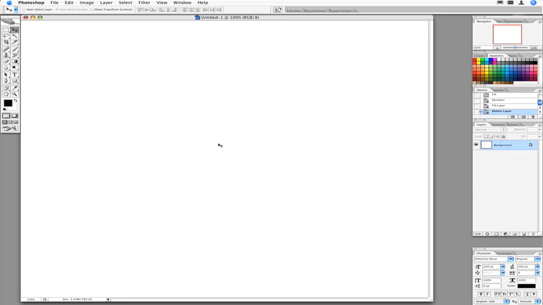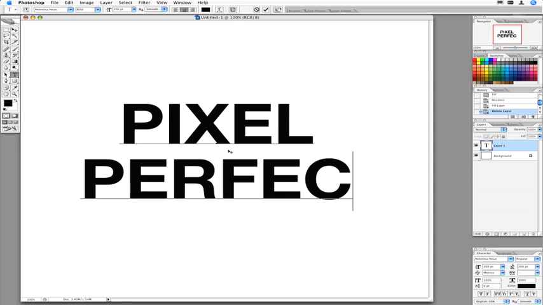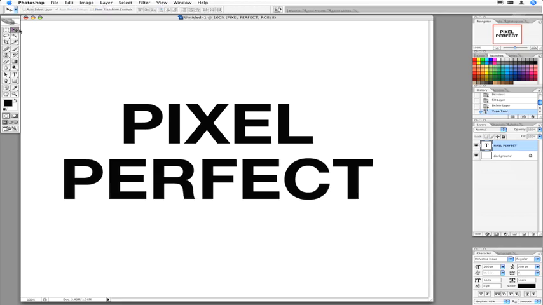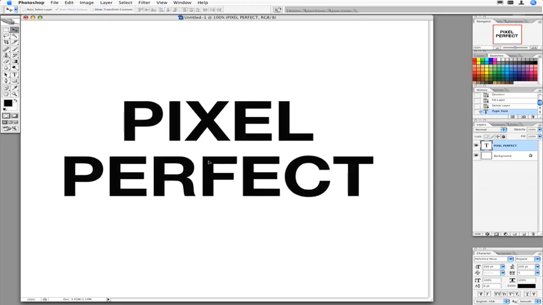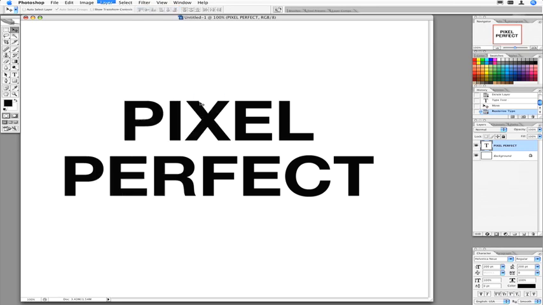All right, so right here on this screen, I'm going to type in some text. I'm going to put my cursor right here in the center, and I'm going to type in Pixelperfect. I don't know why I came up with that, but that sounds like a good thing to use for a sign. Right there, I'm going to center it right in the middle. Okay, so now I'm going to go ahead and rasterize that because I know it looks good. I know I spelt it right, so I'm going to say rasterize the type, so it turned it into actual